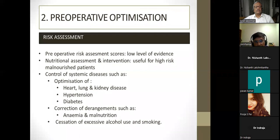Coming to the second component, preoperative optimization. First is risk assessment. The preoperative risk assessment scores have very limited use because of the low level of evidence. Nutrition assessment and intervention is only useful for high-risk malnourished patients. And our basic tool of pre-optimization is to control systemic diseases, like if the patient has heart, lung, or kidney disease, or hypertension, diabetes, correction of derangements of anemia and malnutrition if present, and cessation of excessive alcohol